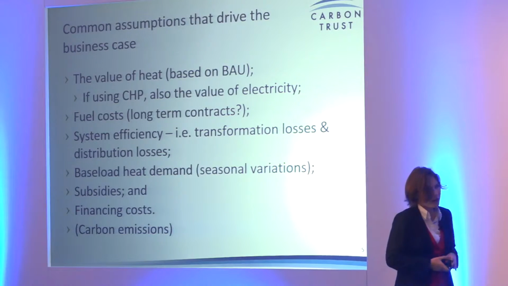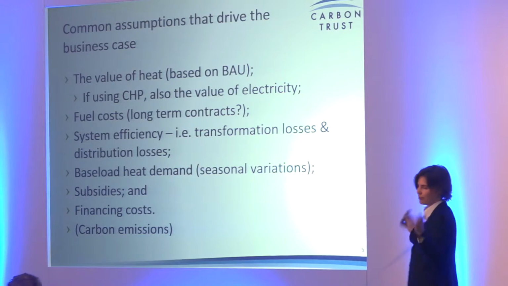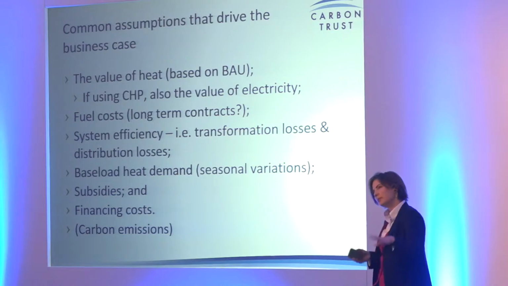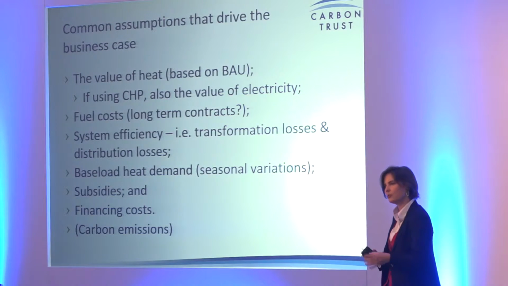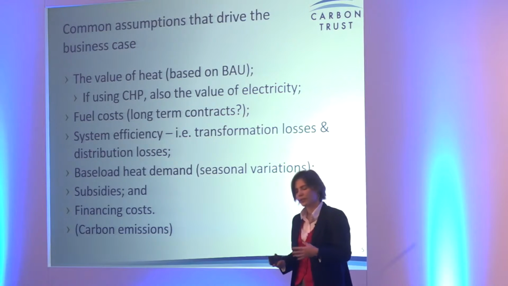System efficiency: there are actually 3 places where you lose system efficiency in a district heating network, in broad terms. One of them isn't really that relevant because it's at the building level, and that will be the same case with or without a district heating network, so it's a constant, you can ignore it, unless you're expecting substantial improvements in the building stock. However, of course, transformation losses and distribution losses are key. If you're looking at transformation losses, this is at your energy center, so this is your energy input going into your combined heat and power or your boiler, and what's coming out at the other end.